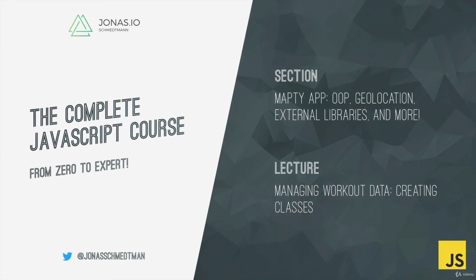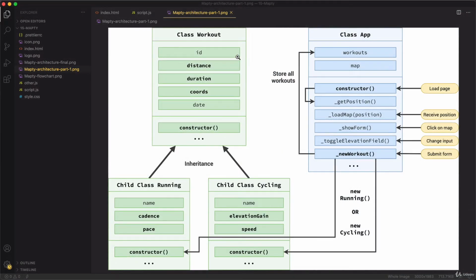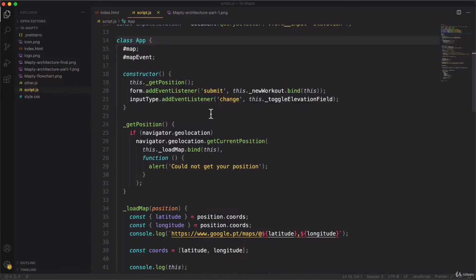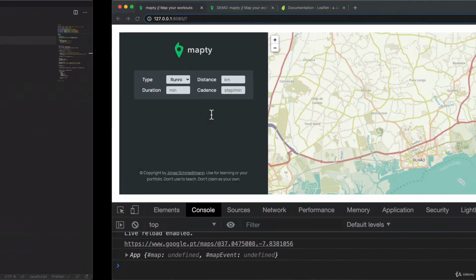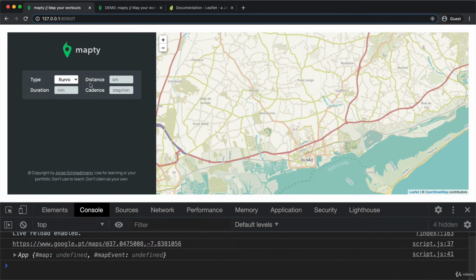So in this video, we're going to implement classes to manage the data about our cycling and running workouts that are coming from the user interface. And so here we have this diagram again containing the classes that we need to implement. We already discussed this before, so let's use this as a base for working on the classes now. But let's also at the same time take a look again at our form to make this a little bit